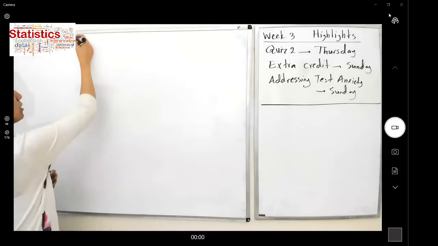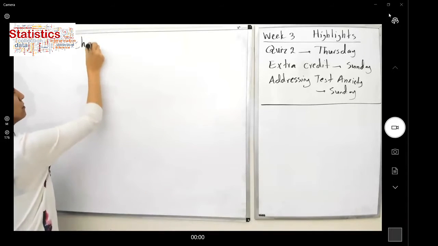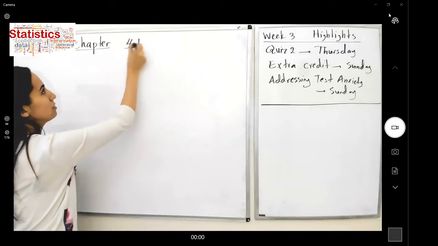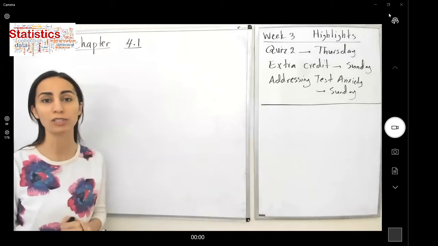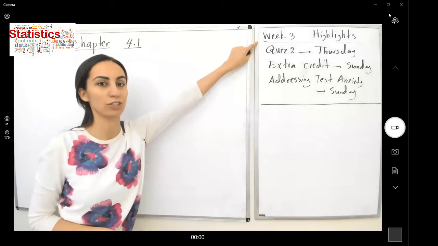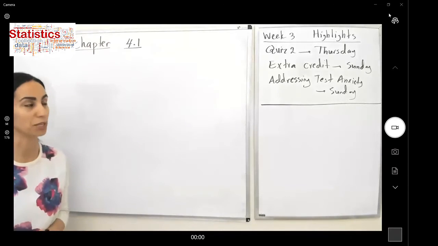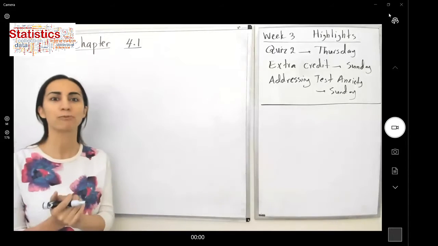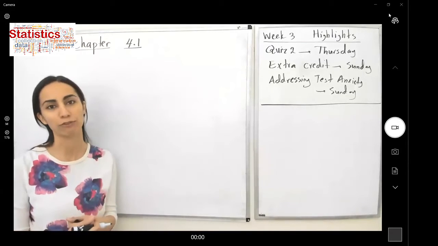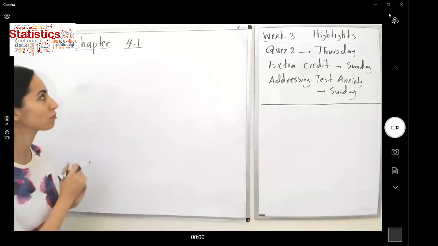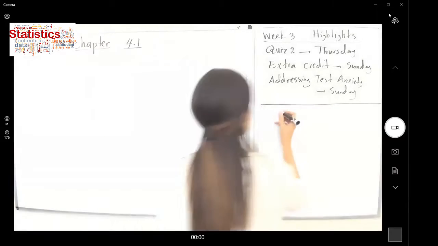Very well. So we are on chapter 4, 4.1. You can find all notes posted on Canvas related to chapter 4. You can find all of them in week 3 module. Very well. So what are the objectives of chapter 4? What are we going to learn today? So the objectives,